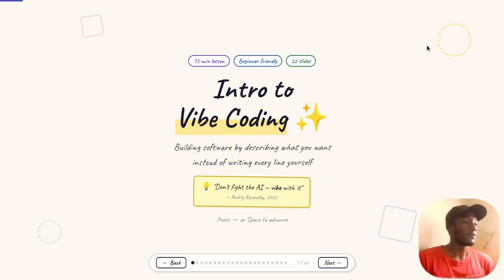So what's vibe coding? Vibe coding is building software by describing what you want instead of writing every single line of code yourself. Unlike in the past, when we just used to code, if you were good at Python, you had to install some things, you had to know how to code, running functions, adding loops, like that.